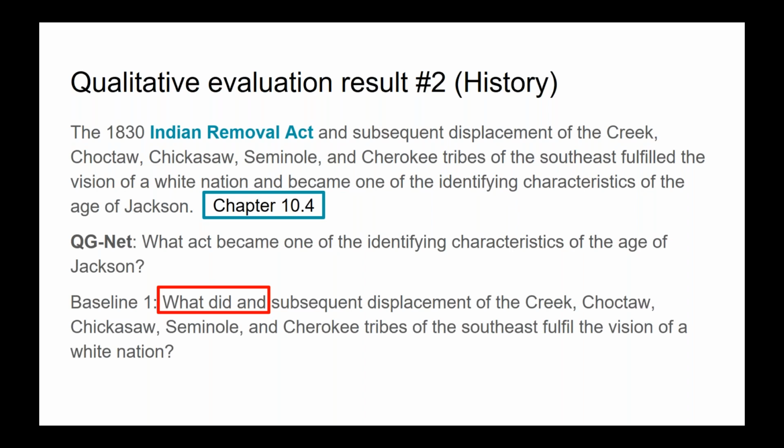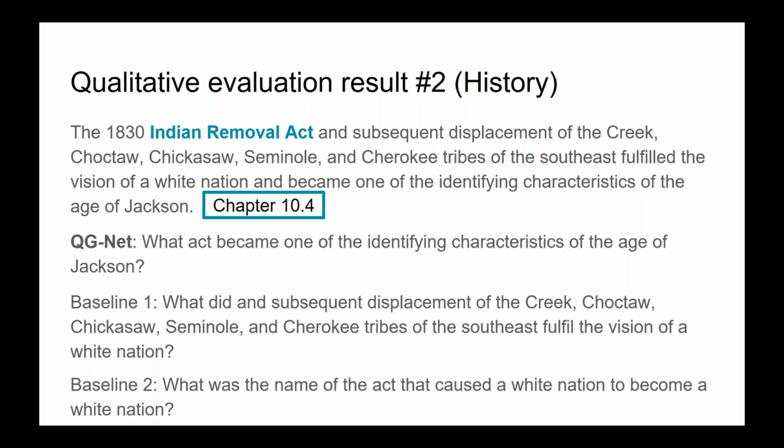Unless you focus on the beginning of the sentence, it doesn't appear to be super grammatical there. The second baseline's question has a last part of the sentence that is not grammatical either. This is a common problem